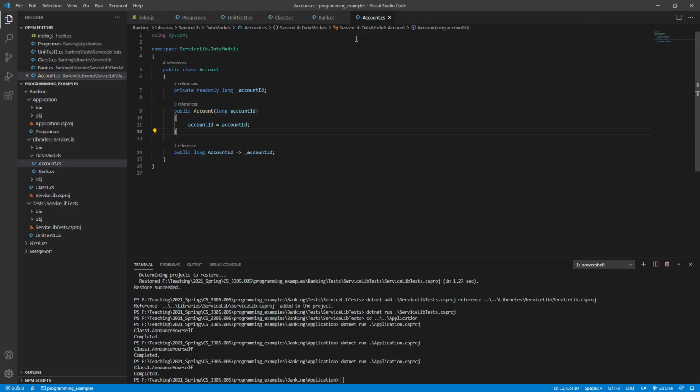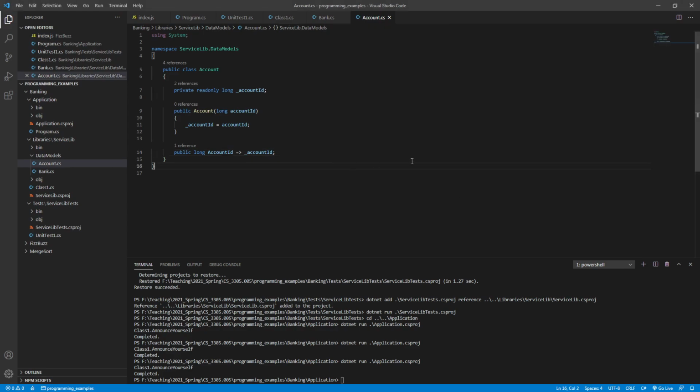Okay, so now on the account, we need to provide a balance. We're not going to have multiple account types or checking types or anything like that. There's just the one generic bank account for now, but you can imagine how that might be modified later on. So it'll be an account ID and a balance, and then we'll allow our users or consumers of our class to